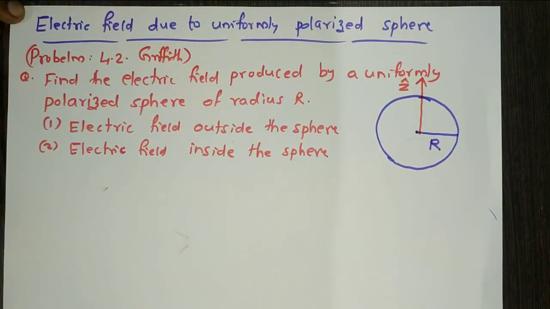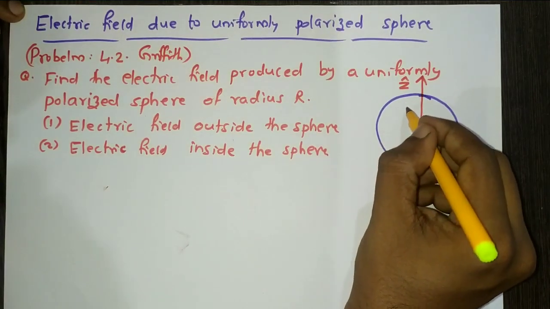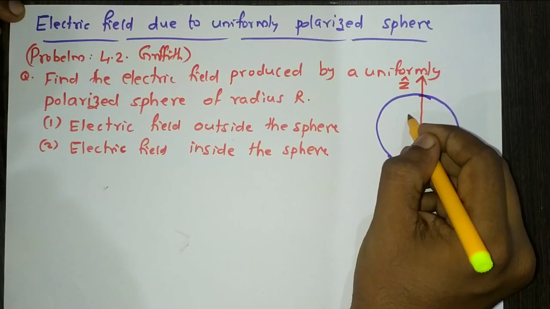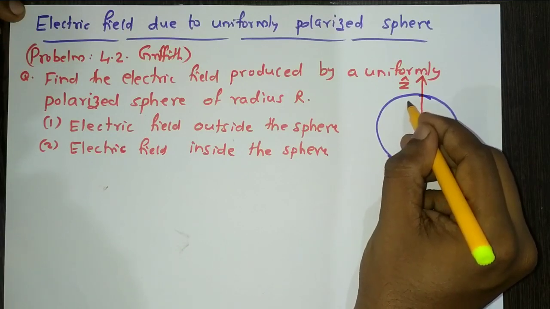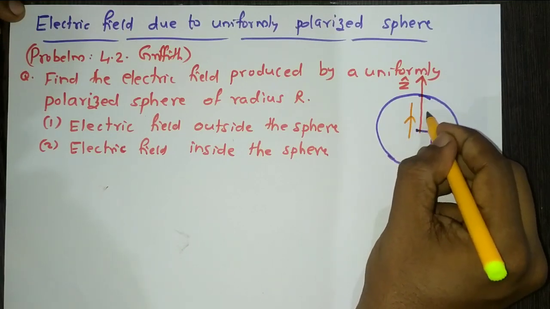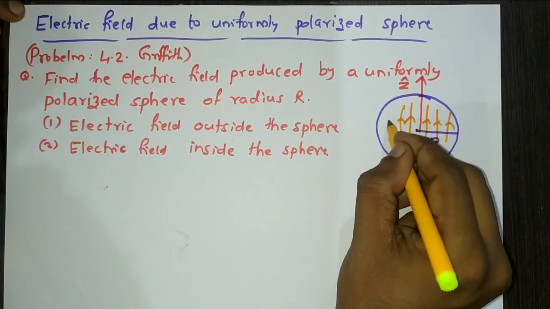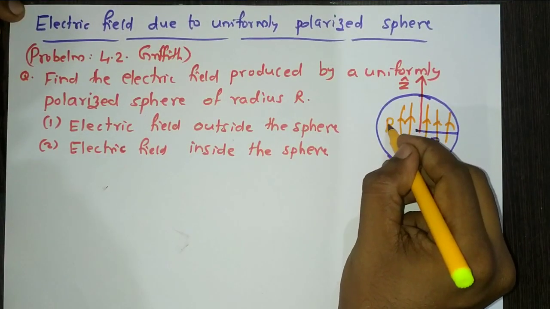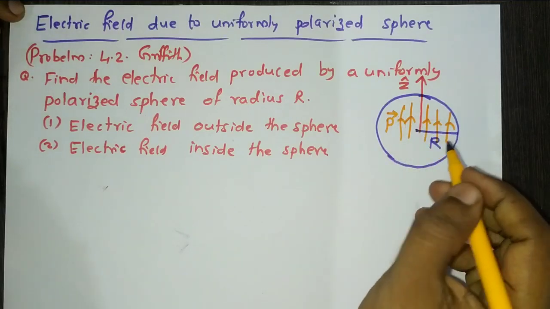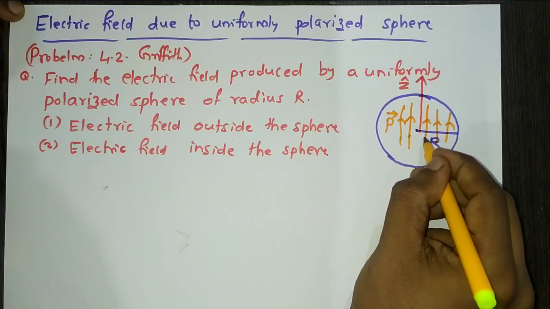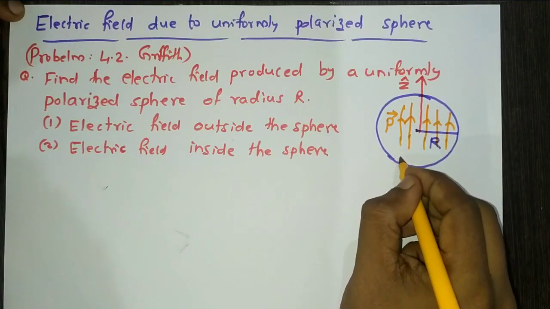That is, it is polarized along this direction. This is the direction of the polarization P, which means here